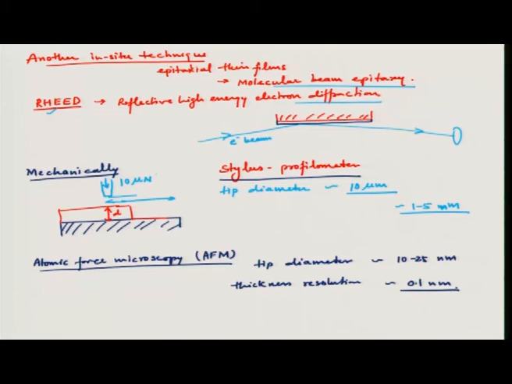So, you can also measure very thin films and the roughness of the film using atomic force microscopy. And this is a very sensitive technique. So, you would usually use it for very thin films or very smooth films. So, these are some other techniques which you can use. Again, you will have to have this step. For both techniques, you have to make this step either during deposition or after the deposition, so that you can measure the step height, which is your film thickness. So, this is a general overview of thickness measurement of thin films.